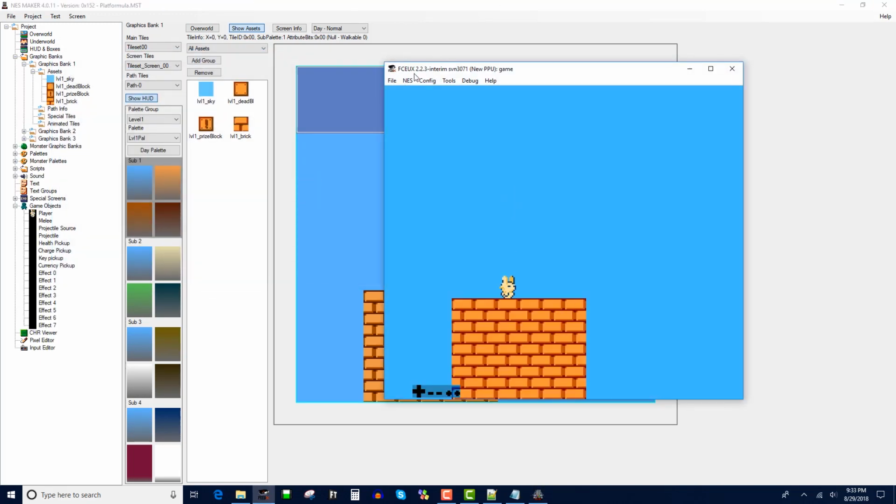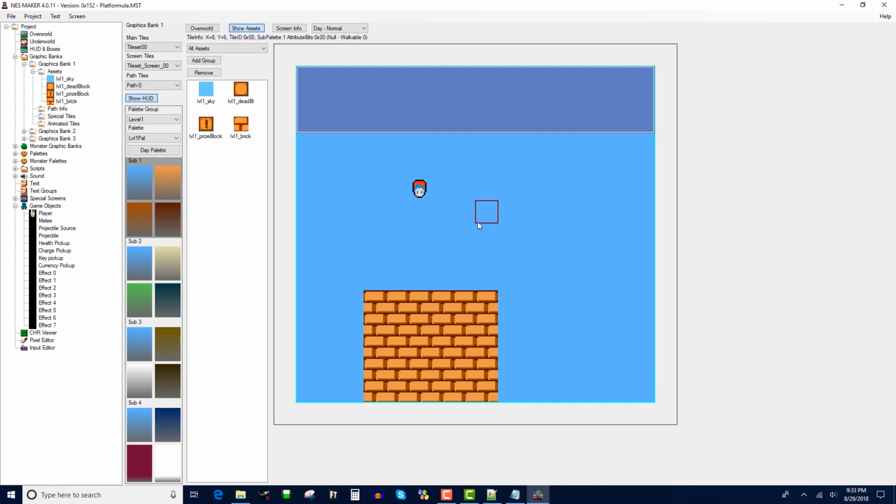Now that I've got that set, if I test, export, and test, you'll see that I'm in FCEUX rather than our Mystic Searches demo emulator. All right, cool. So we've got this guy. He falls. That's awesome. Let's start making him move, because platform games don't even necessarily need monsters. They just need platforms and jump challenges. We're going to make some monsters, but